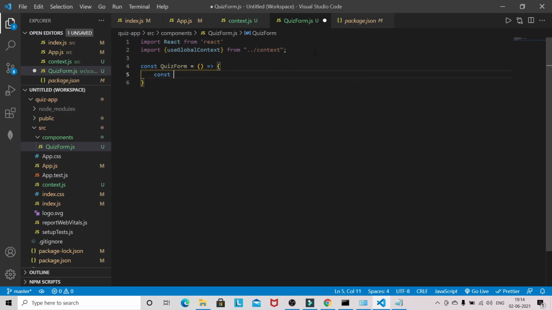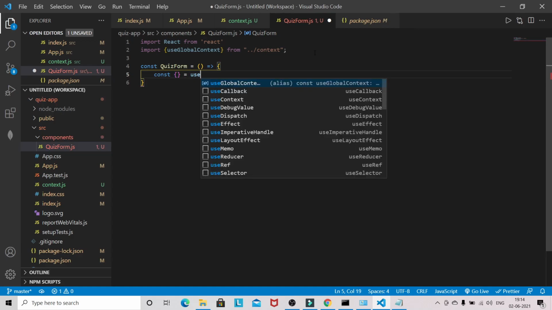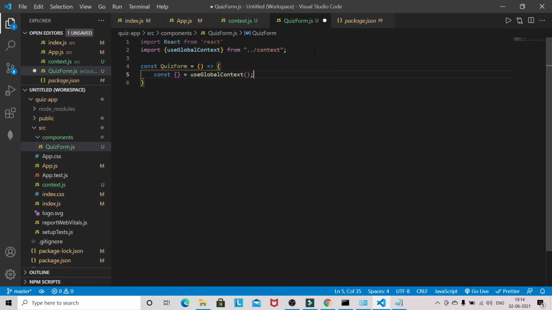From the global context I need the initial quiz state value, handleChange, handleSubmit, and error if there is any error.